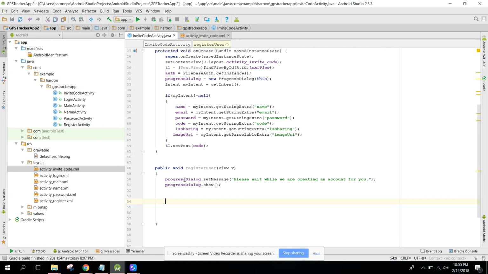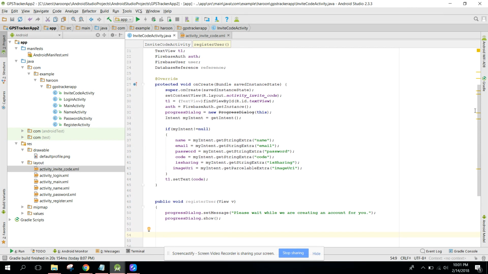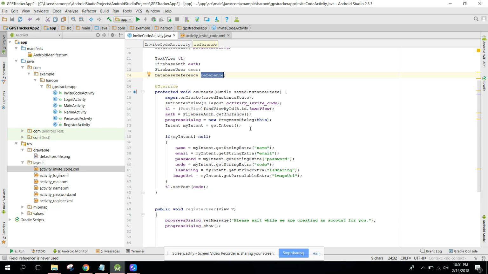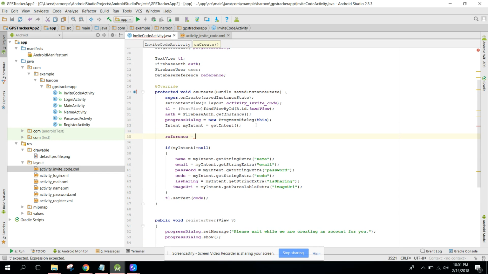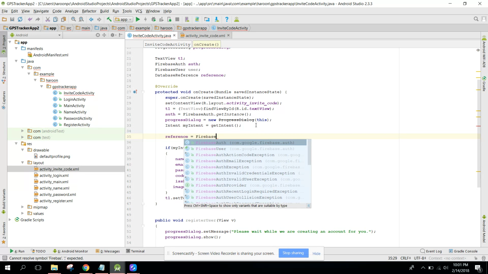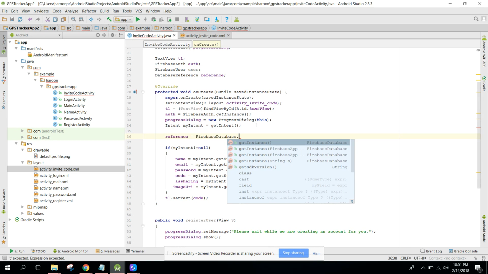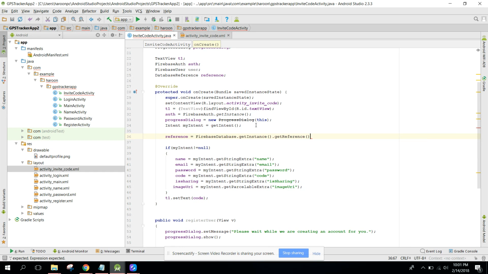Now we have to first of all initialize the database reference that we have. So here we can say reference equals to FirebaseDatabase dot get instance dot get reference, dot get root. So it will point,